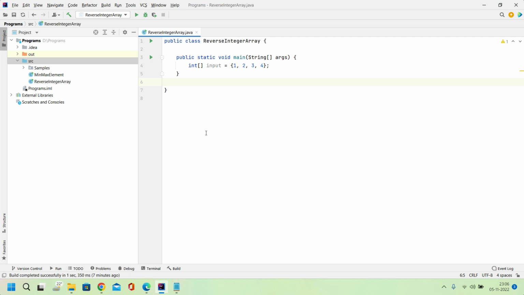The first approach I will follow: if you look at the input array, this is our input array, and how do we want our output? We want our output to look like 4, 3, 2, 1, basically in the reverse order. So first approach, what we can do,